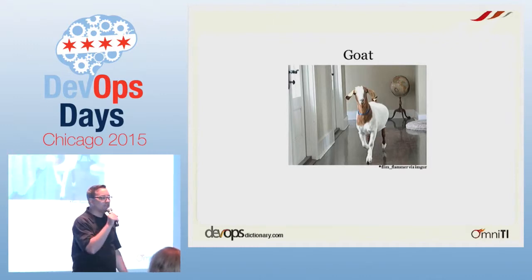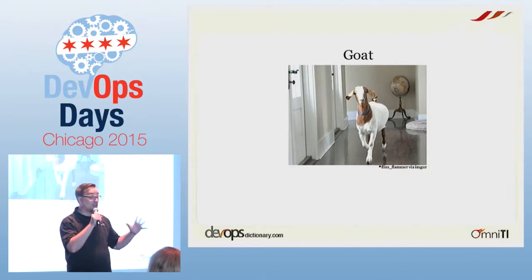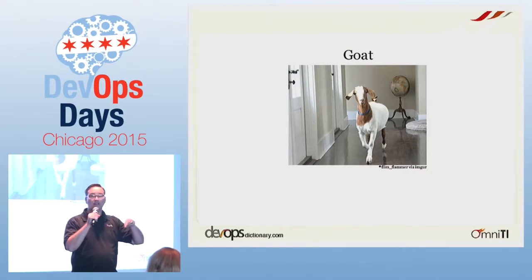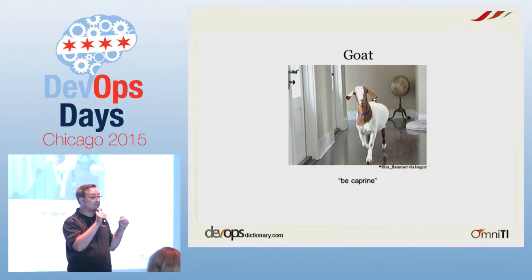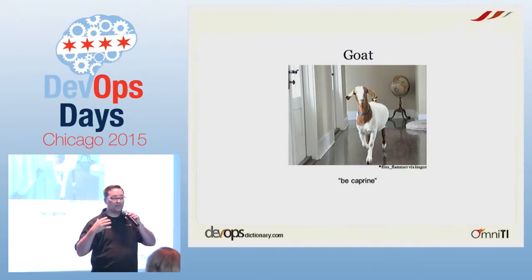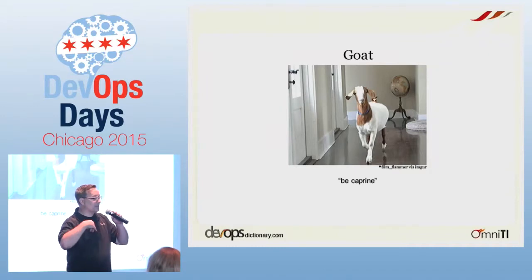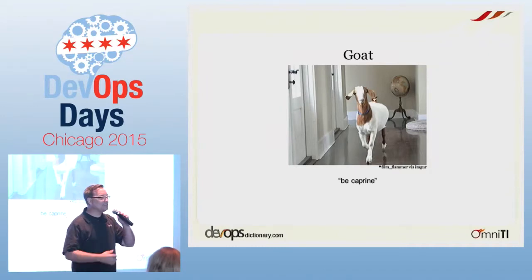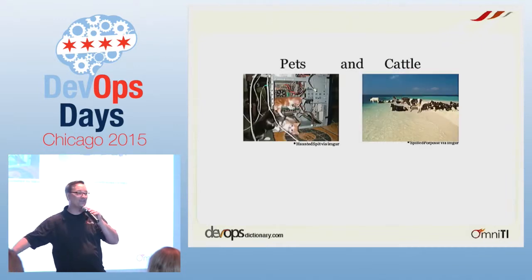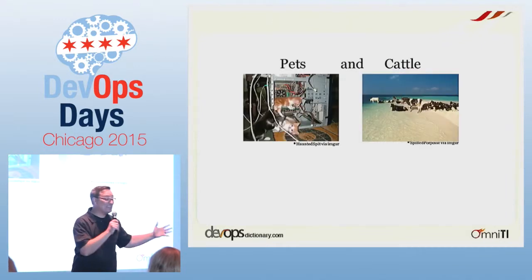GOAT. You may have heard this term in reference to people. There's a great podcast called The Goat Farm. Go listen to it. It's great. But a goat is something that is multifunctional, tends to ignore boundaries within an organization. It's a good thing. If you ever want to call someone this, like with an adjective, you can use the word caprine. Isn't that great? Could you please be more caprine in your work? Be more goat-like.